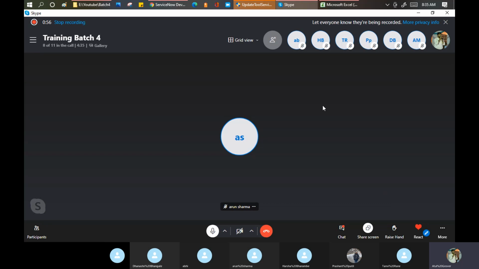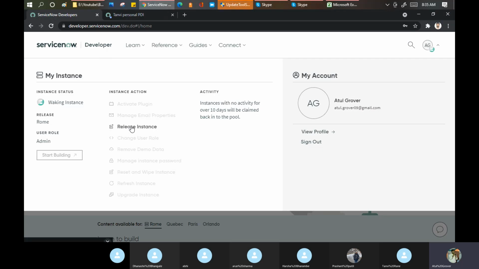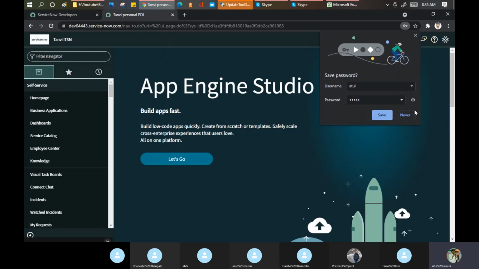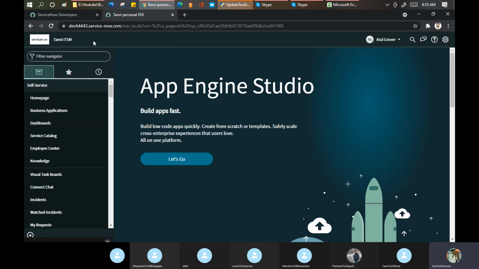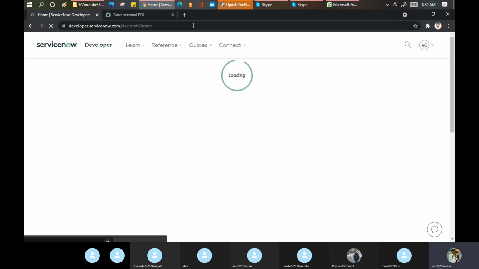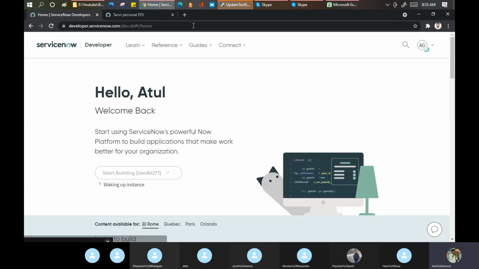So today we are going to take an example. Let's say I want to move my configuration or customization into Tanvi's instance. This is my production instance, and my personal instance you can call a dev instance. So it has a complete process. It doesn't mean you just take the code from here and keep it there. No, it is not like that, because it requires a lot of thinking in the background about how it can be taken care of.